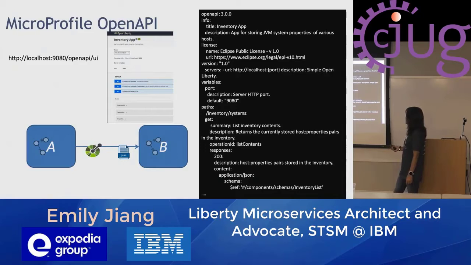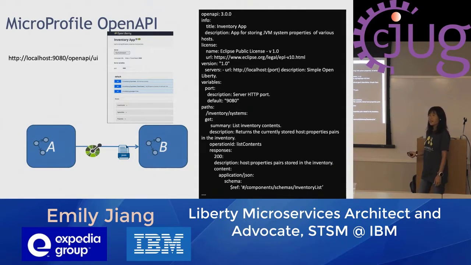So the first thing is how to document it. The way to document the microservice is to use MicroProfile OpenAPI. Once you use OpenAPI, with the URL localhost, then port and /api, once you invoke this URL, you will get this response. If you know Swagger, have you heard of Swagger? No? Okay. If you have heard of Swagger, this is kind of identical to Swagger.